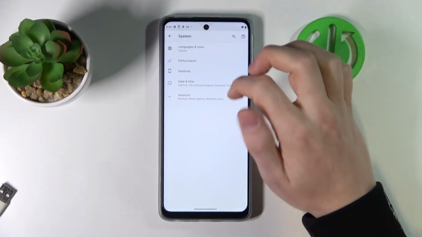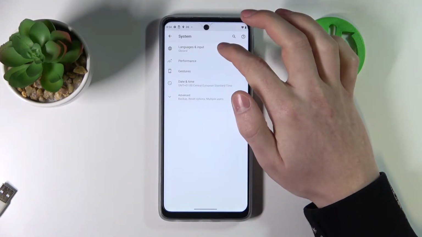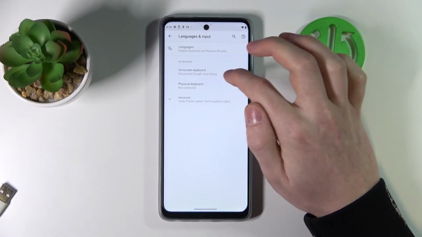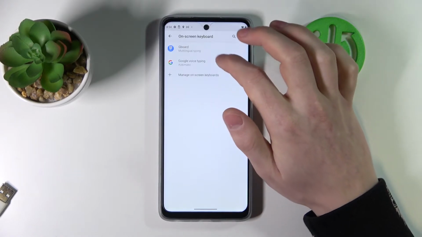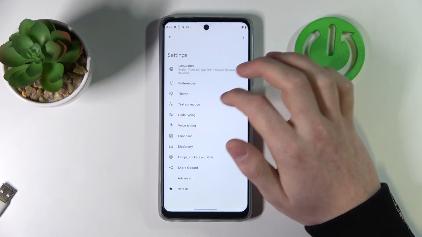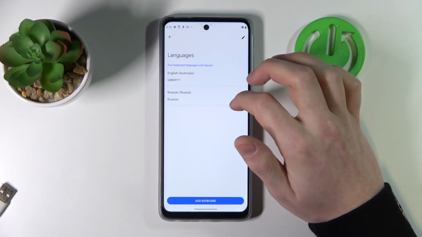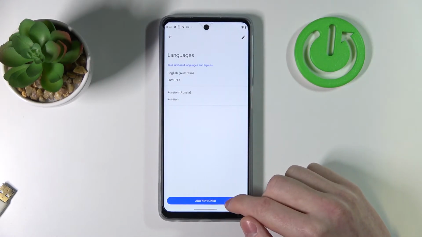Then scroll down to the bottom. System, Language and Input, On-Screen Keyboard, Gboard, Languages. And for this example, I will use Polish language. I press Add keyboard,